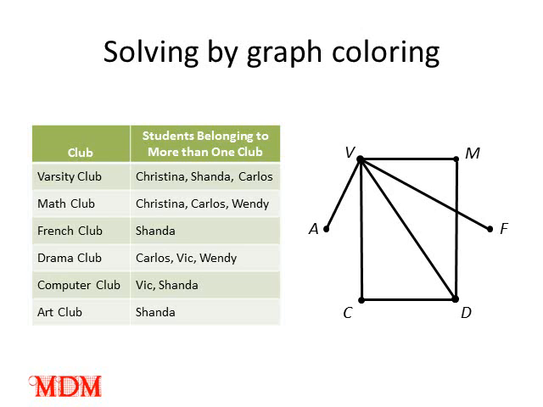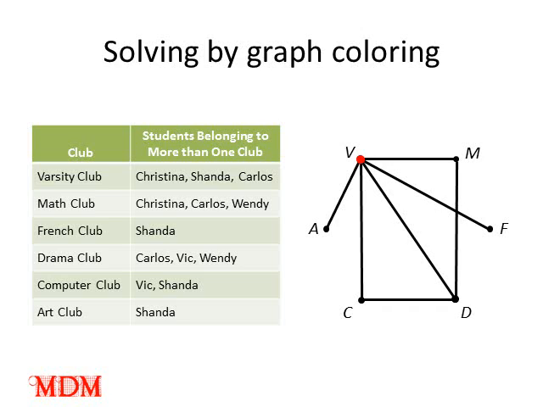I would choose vertex V. The reason I would choose that vertex is because it has the highest valence. As I look at this particular problem, V has a total of 5 edges that are connected to it, so I'm going to color it, and I just chose red. It doesn't matter, but I know that for every edge that joins at V, the other vertex of that edge will have to be a different color. All right,